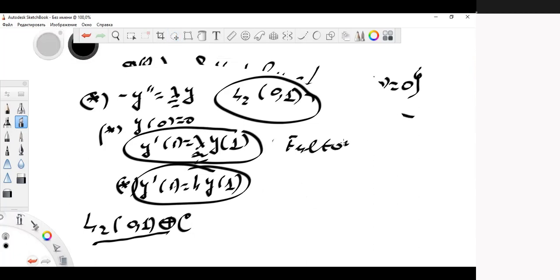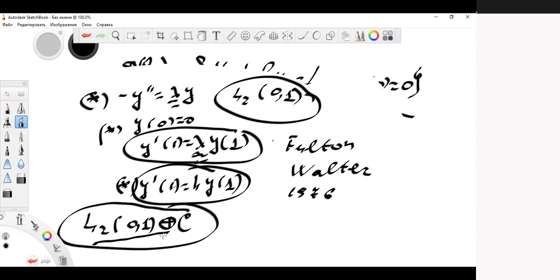Fulton and Walter's different works, but I have to tell you that work refers, I think, to 1976. But for partial differential equations, for example, for Laplace equations, even when lambda is included in the equation as well as in the boundary condition, consideration of the problem in exit space, in a broader space, and associating with it a self-adjoint operator in that broader space, those methods were laid by Odnoff,